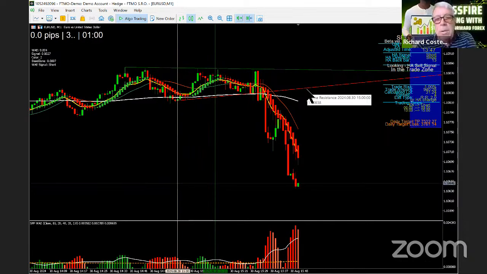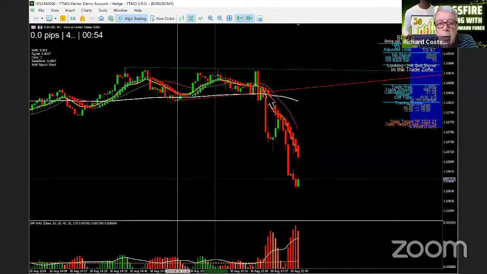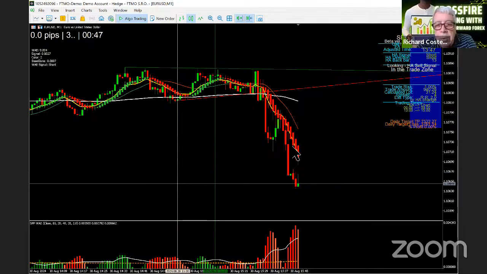And if you think about it, I should have been below the red trend line earlier, but even on this, I'm now below the red trend line. I'm below the 200 moving average. My 13 is below the 200 moving average. It crossed over at that point there,